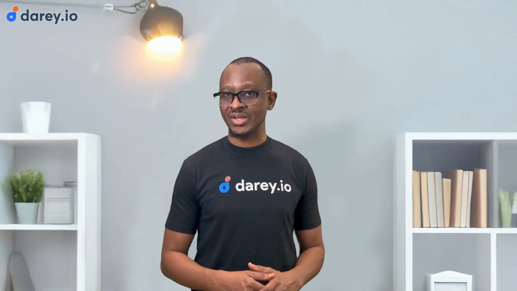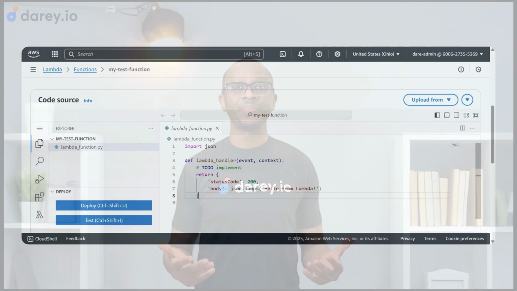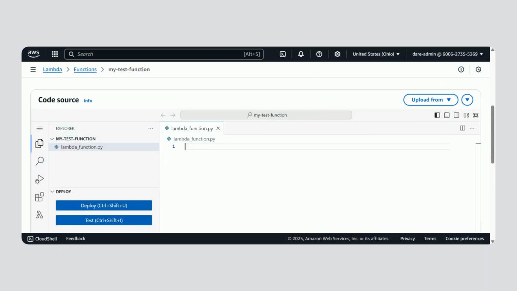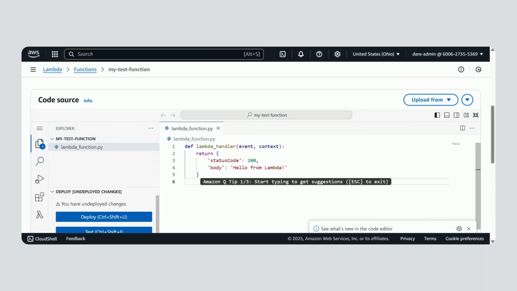After that, we got hands-on. You created your first Lambda function. We kept it simple with a hello world example, but it was a great way to see how quick it is to get started. You wrote the code, deployed it using the AWS console, and even tested it right there